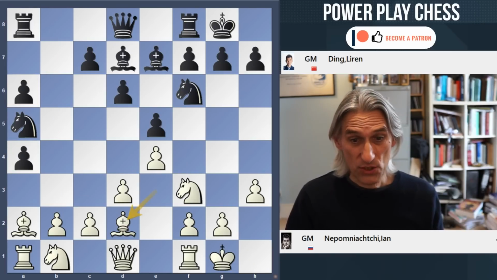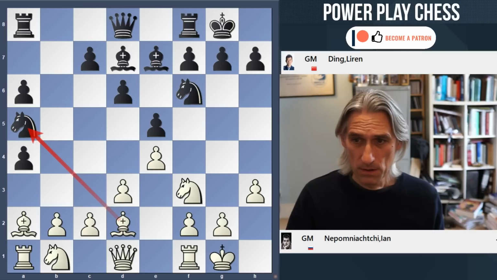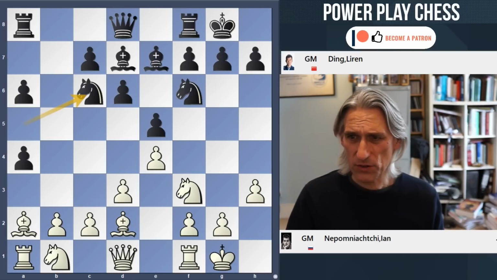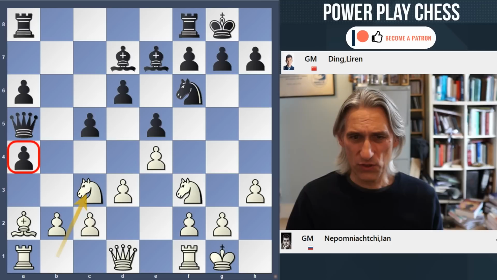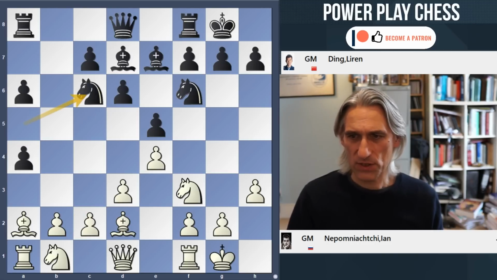But after bishop d2, yeah, this is problematic. The knight is attacked. It came back. I don't think it really makes sense to play c5, because after this, I think this pawn is going to drop anyway, and white has good control over these light squares. So Ding put the knight back on c6,